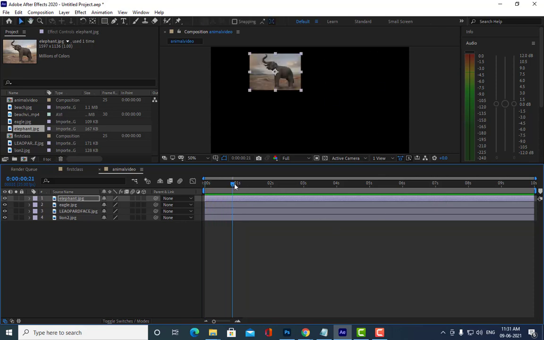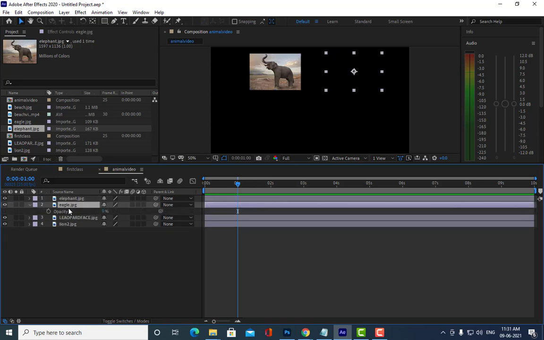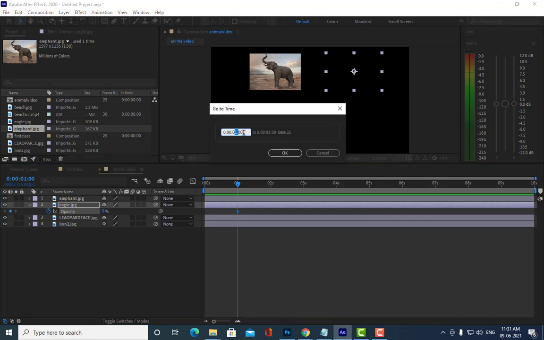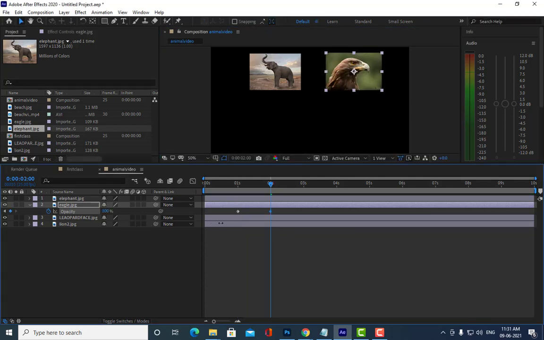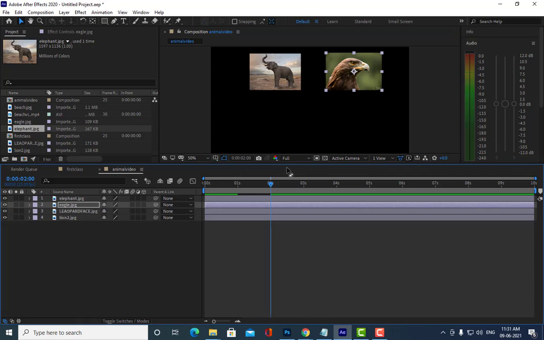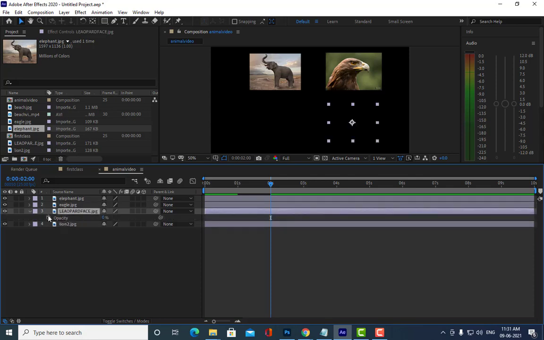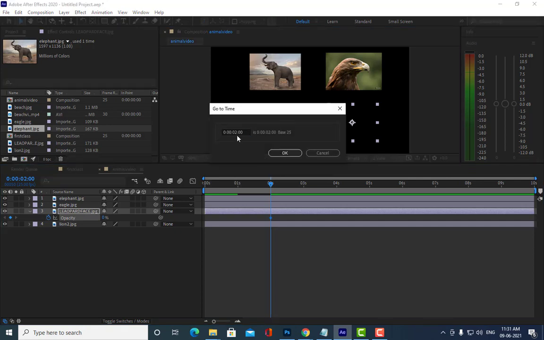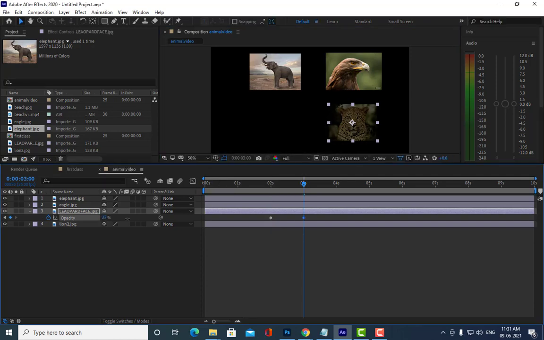Yes, sir. Okay, then from 1 to 2 seconds, again we'll hit the T, we'll create a stopwatch, and again we'll go to the 2 second mark, and then we will increase the opacity for the eagle. Then from 2 seconds we'll create a stopwatch for the leopard, and then we'll go to the 3 second mark, and then we will increase the opacity.